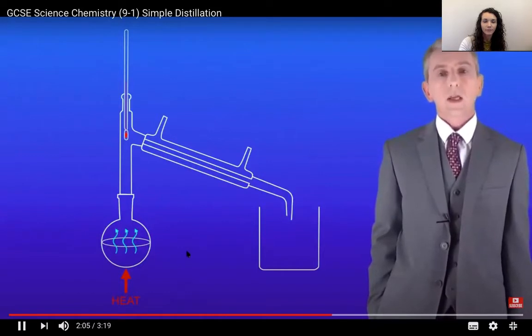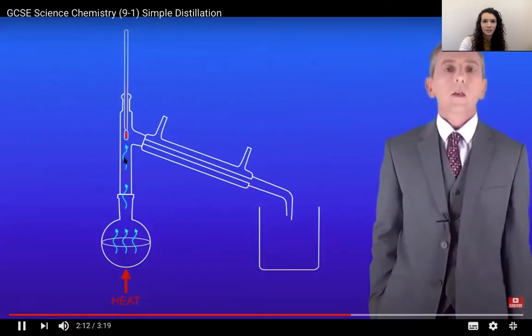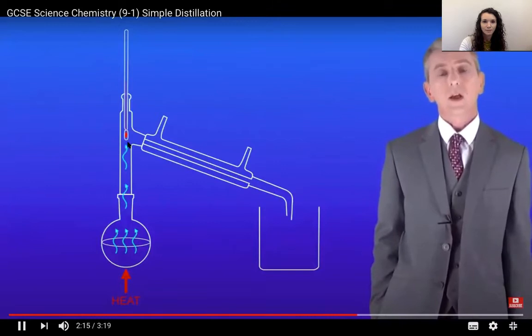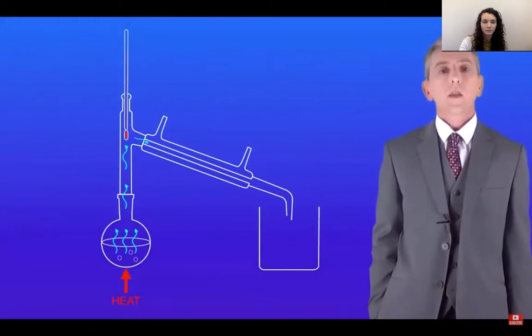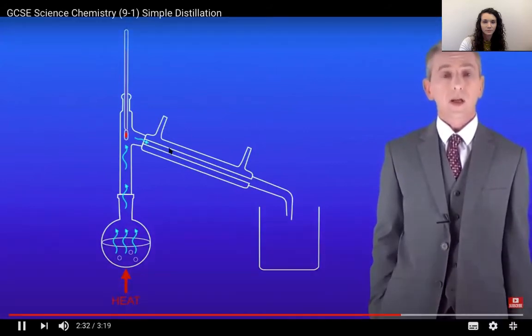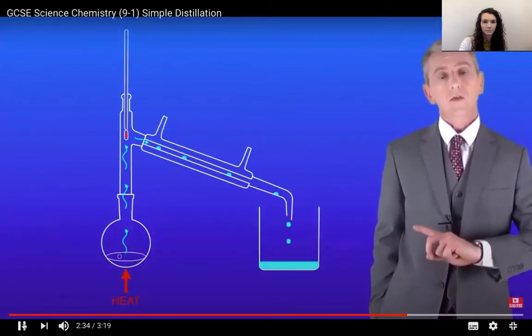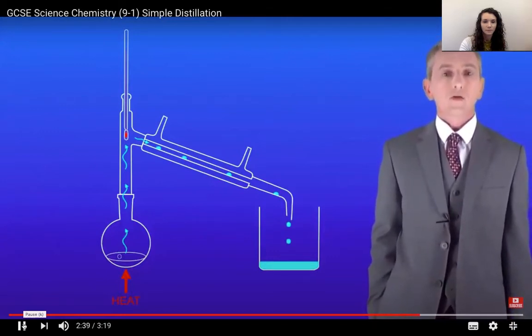We heat the liquid, it starts to evaporate, turning into a vapour. This vapour now rises up the glass tube like this. The thermometer shows us that the temperature is rising, but actually with simple distillation we usually just boil the liquid. The vapour now passes into the condenser. Remember that the condenser is kept cold because we're circulating cold water around it. This means that the vapour now condenses, turning back into a liquid as it passes through the condenser like this. We can collect the liquid in our beaker,